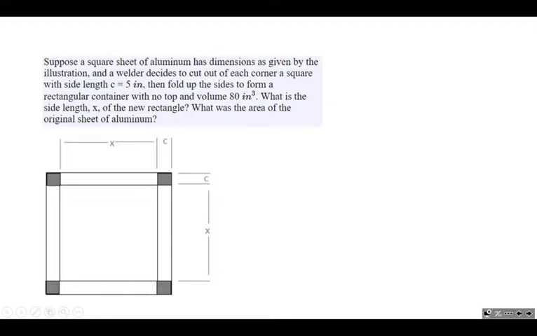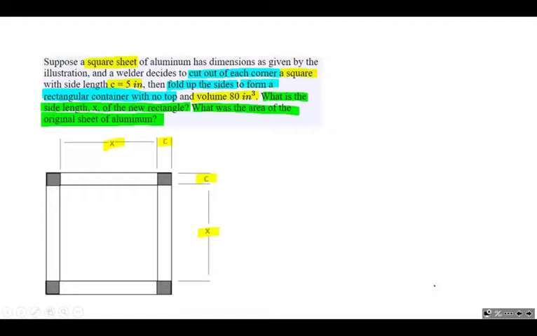Here's an interesting problem with an interesting illustration. I'm going to go ahead and highlight some of the important details here and read through the problem. Suppose a square sheet of aluminum, so this is a square with the same length on all four sides. A square sheet of aluminum has dimensions as given by the illustration, and a welder decides to cut out of